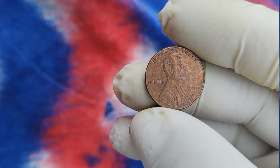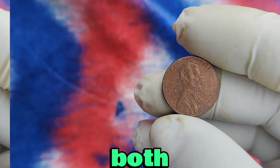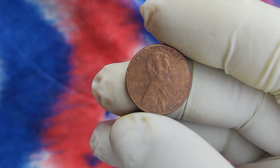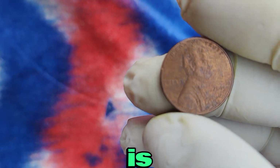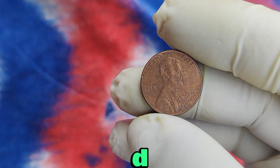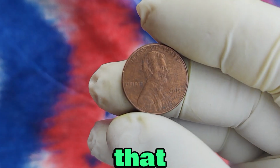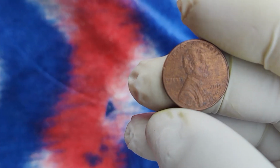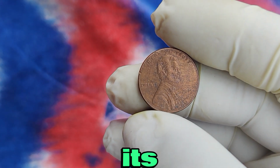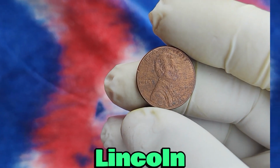That's right. In 2015, the U.S. Mint issued the penny in both Philadelphia and Denver. However, the Denver minting is where things get interesting. Some of the 2015 D pennies were produced with slight imperfections, a result of a rare error that occurred during the minting process. This error, coupled with its overall scarcity, is what makes the 2015 D Ultra Lincoln penny so